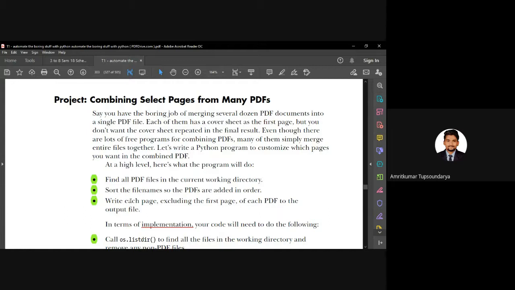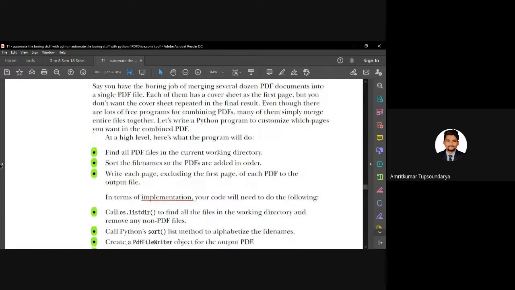If I have to tell you at a high level what our program will be doing, we first have to find all the PDFs which we have to select pages from. We have to make sure that all those PDFs are present in the current working directory. Once we make sure of that, we are going to sort them with respect to their file names, in order.